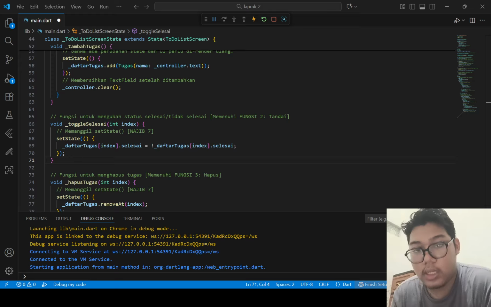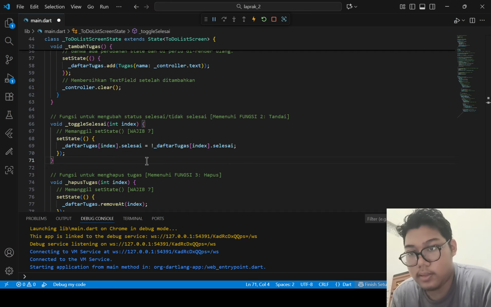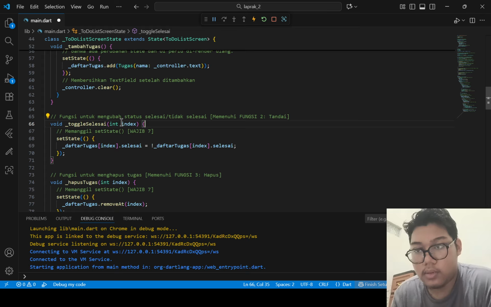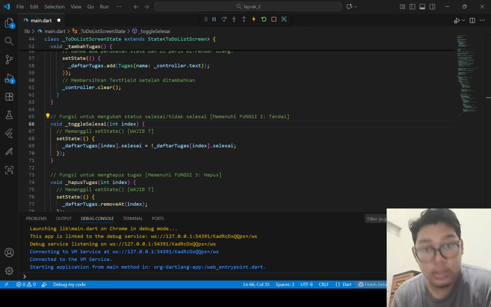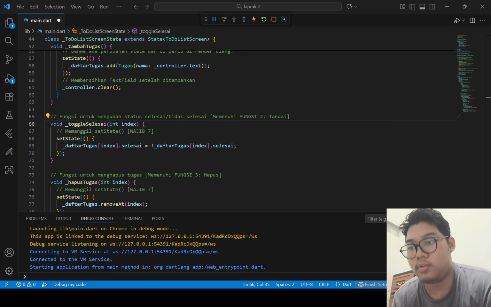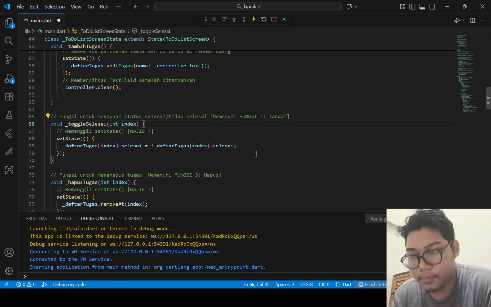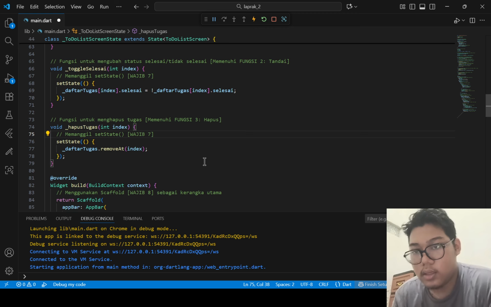This function is triggered by the checkbox. It takes the index, or the position of the task in the list. It calls setState and simply flips the selesai boolean, the complete boolean, for that specific task from true to false or from false to true. It only switches the boolean state.